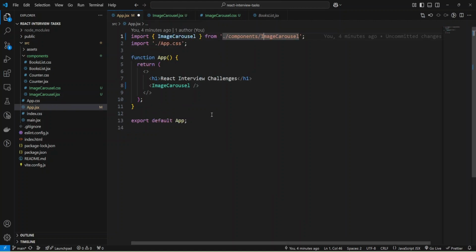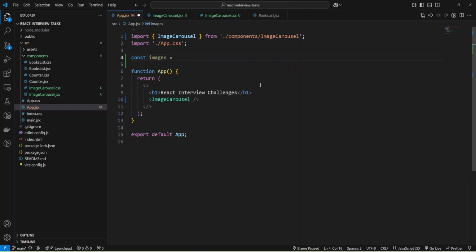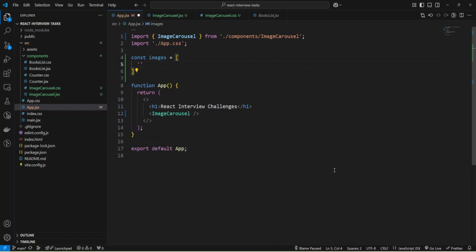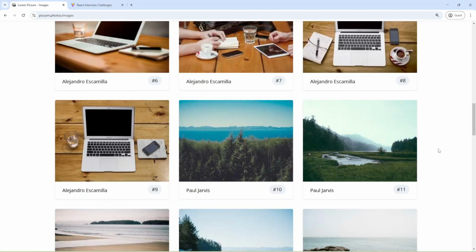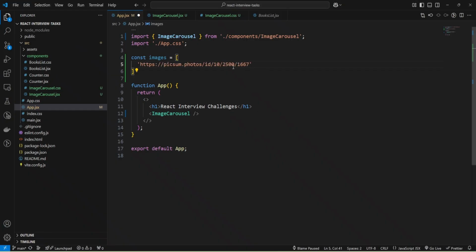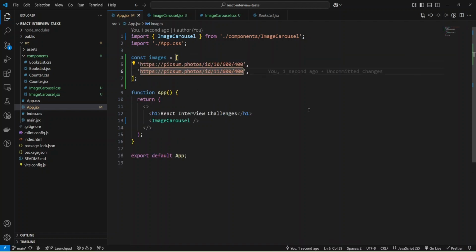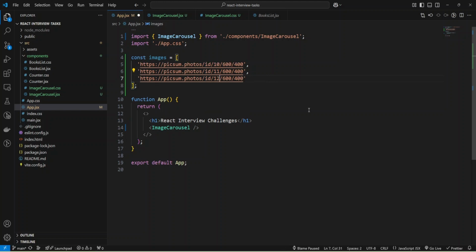Now I can provide an array of images, so let me create a const images, an array of images. Let's go to the site and copy some link addresses. We'll provide them here, and also change the width to 600 and the height to 400. I also need more images, so I'll add them and change the ID.